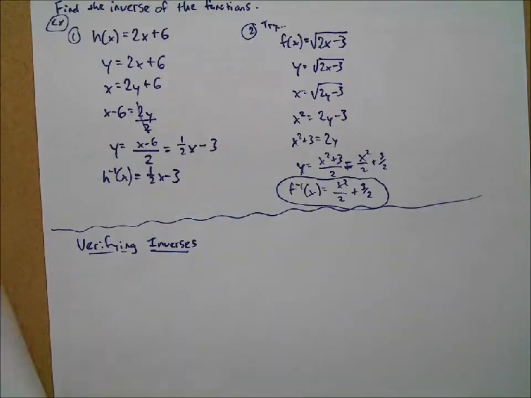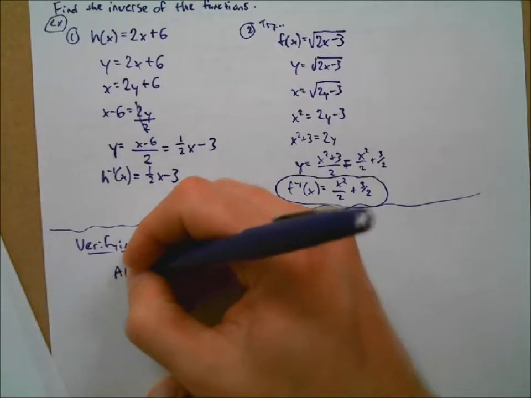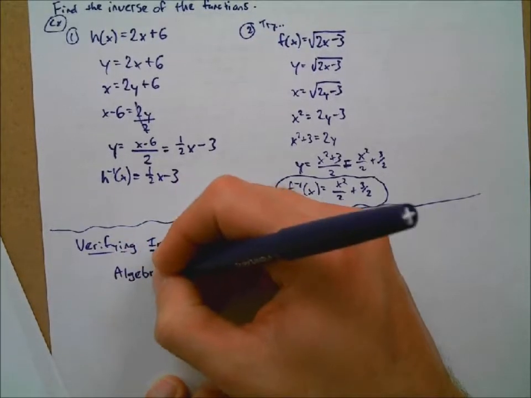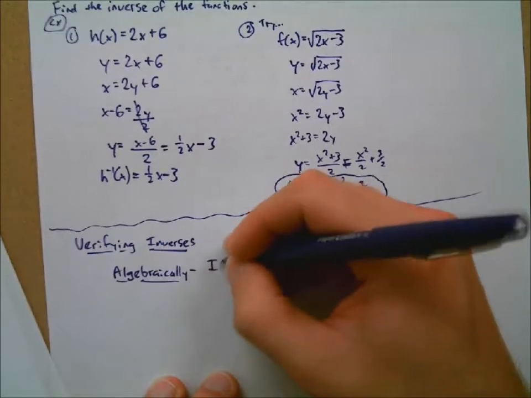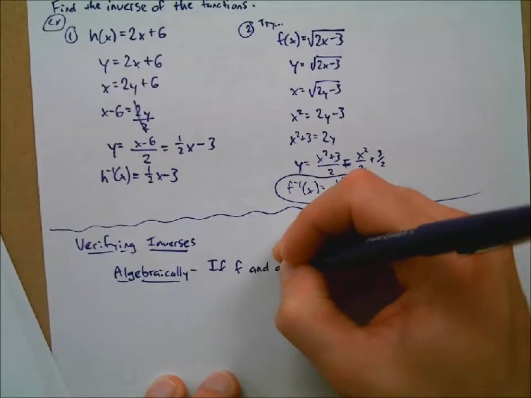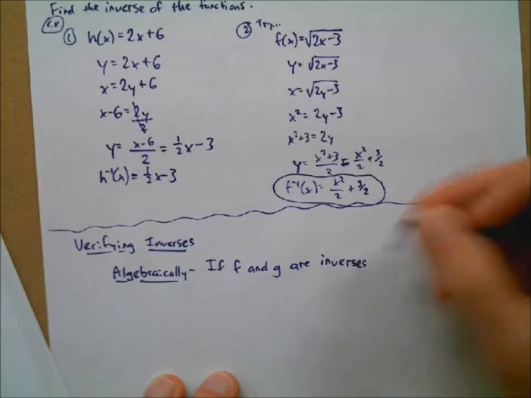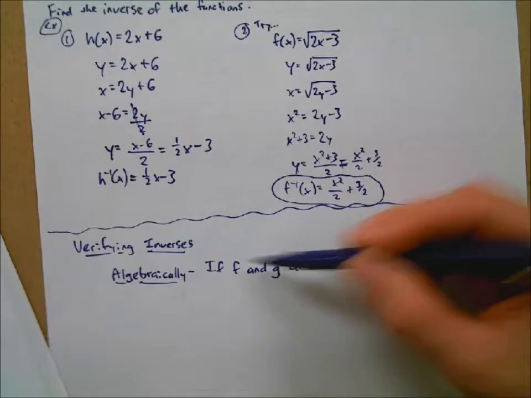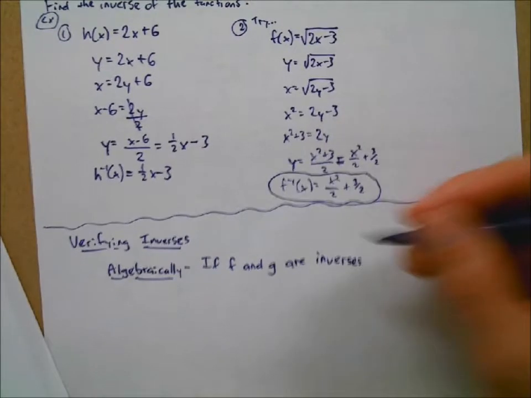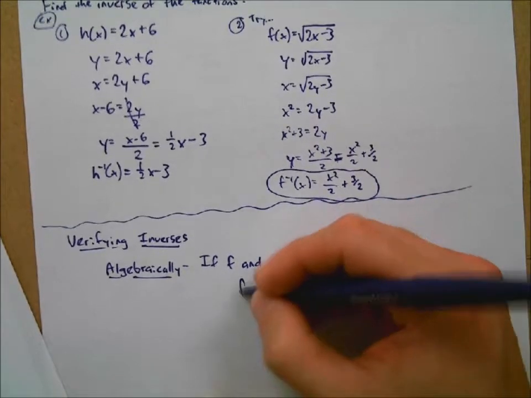That's right. So actually, I think I put it better here. Let me get this one out. I'll call that the algebraic method, I guess. Algebraically. If f and g are inverses, which means you could really say g is f inverse, right? But we don't know they are just yet. So we have these two functions we're thinking maybe they're inverses. If f and g are inverses, then f of g of x